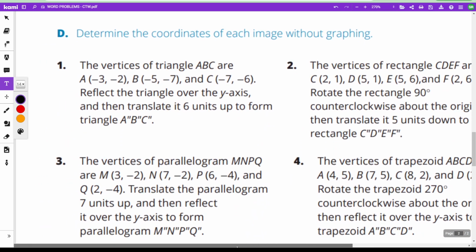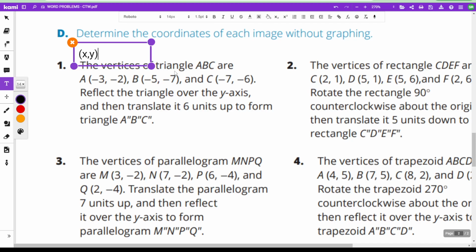All right, now coming over here to section D. This is exactly the same as the section above, except now we have multiple transformations that we're doing. So here they want us to reflect triangle ABC over the y-axis, and then they want us to translate it 6 units up to form triangle A double prime, B double prime, and C double prime. Okay, so let's take this transformation by transformation and try and develop the coordinate notation to handle this in one fell swoop. So let's start with our coordinates (x, y),